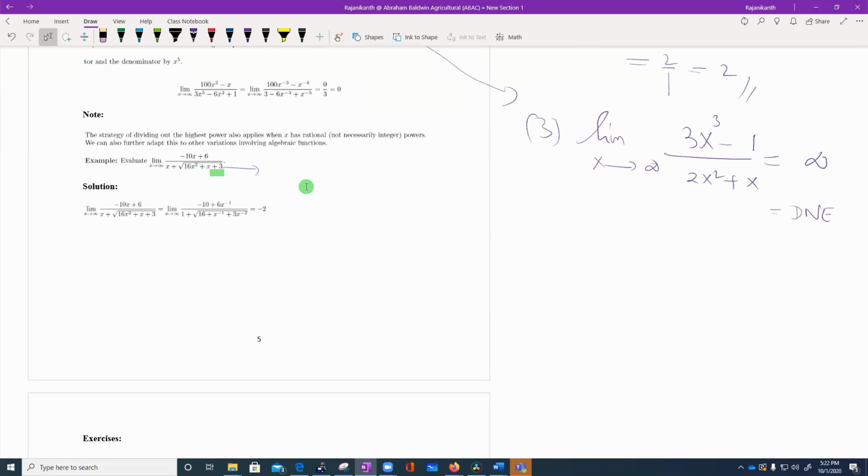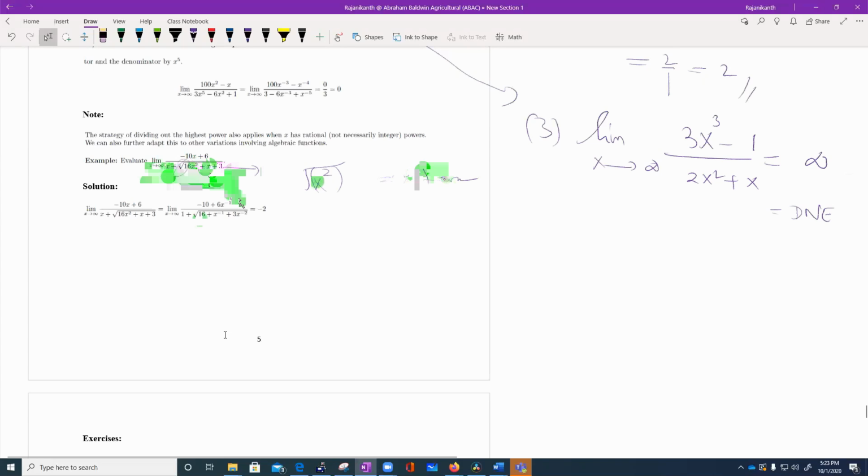It is 1, because you cannot say 2, even though you have 2 here, since you have square roots, so you always have to apply the power to that degree. Even though you have x squared, once you take the square root of x squared, you will come up with x terms here. So the degree is ultimately going to be the same degree as whatever you have outside. So the degrees of the denominator and numerator are the same,